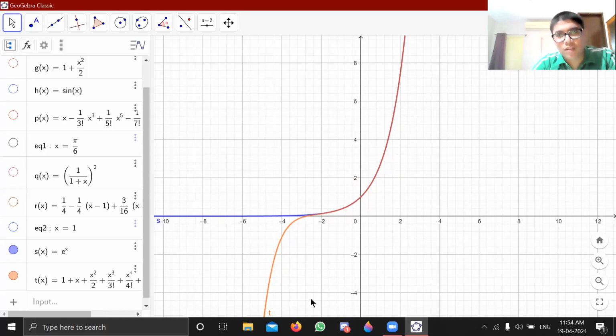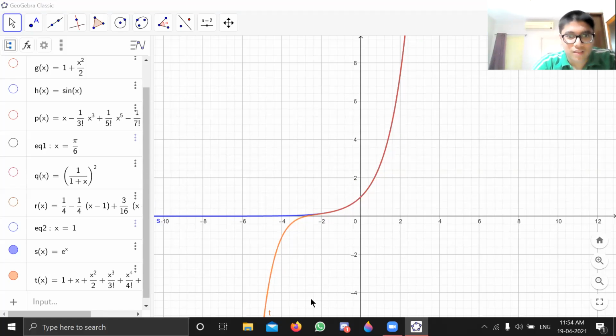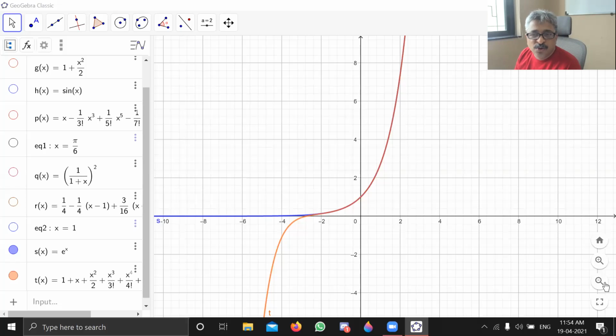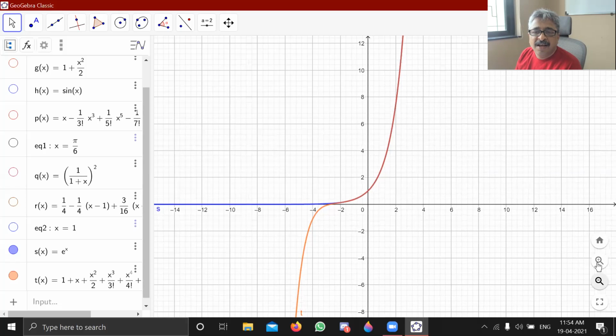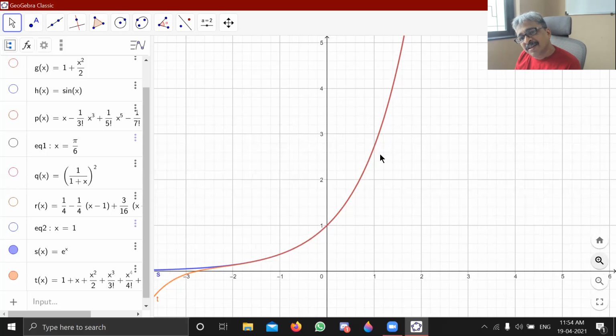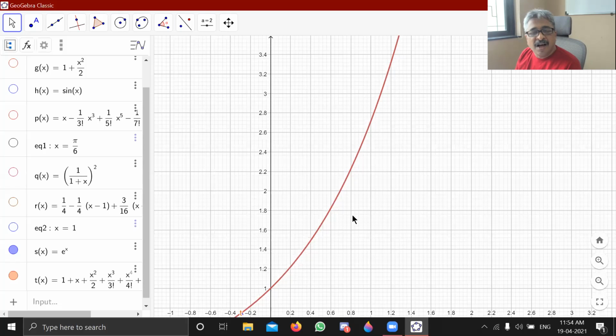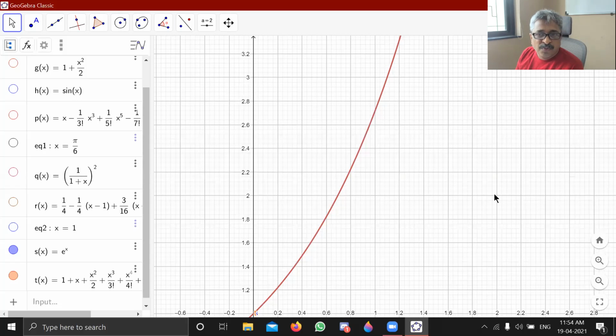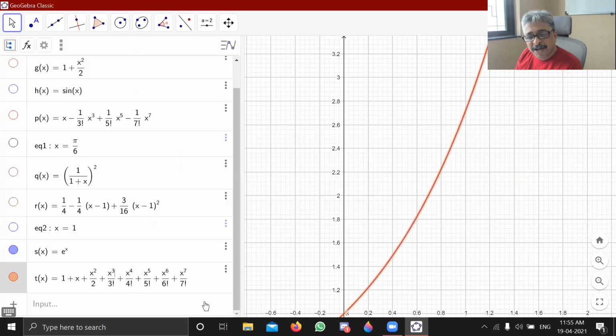Both of them are on top of each other, so the colors are mixed. No, you zoom out, zoom in. इतना मैच हो रहा है. हाँ, because it is for 5th degree ना, तो वो उधर infinity के पास जा रहा है, and so there almost right hand side is completely matching.